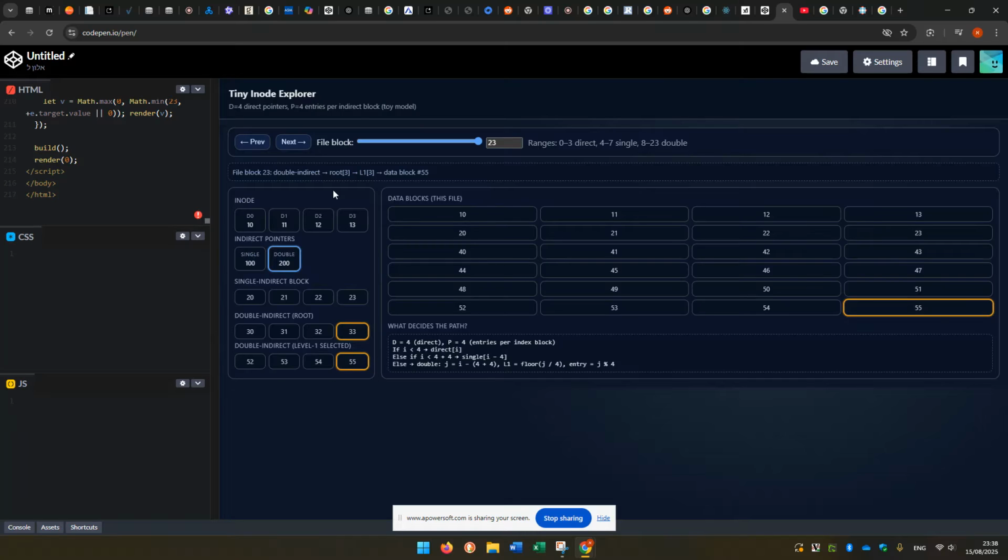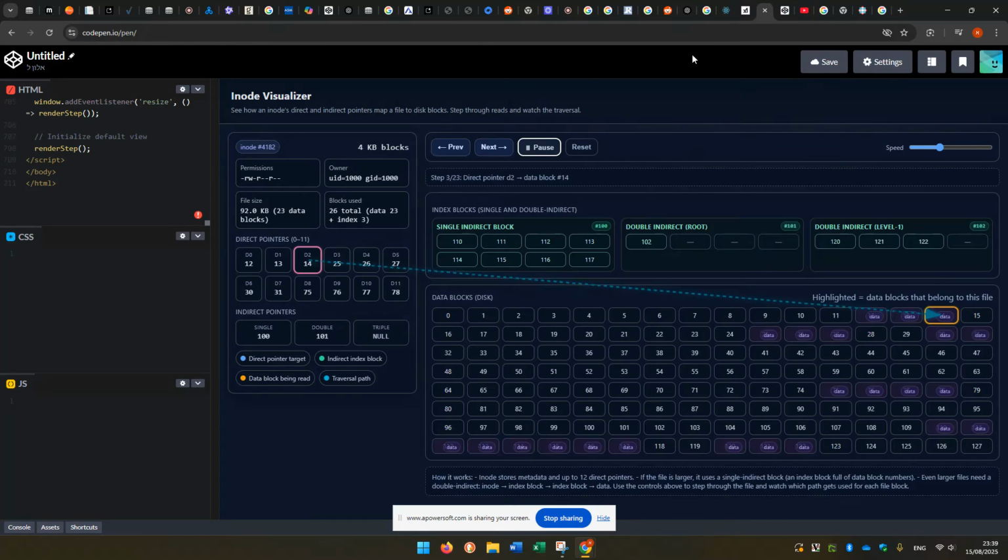For example, here is the inode. Look at this, I have many pointers from the inode of a specific file to the data blocks in the memory. Now look at it, and maybe I'll show you another thing. Here is maybe